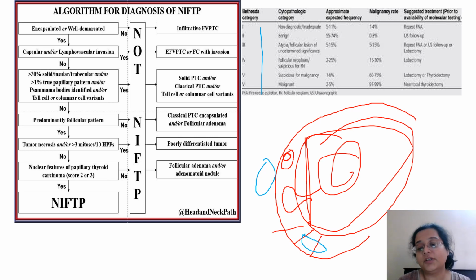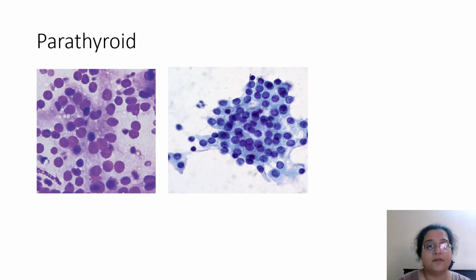So NIFT-P is actually an important histopathological entity where you have to look also for the molecular findings. Finally, in the end, I would like to show you the parathyroid. See, the cells of both thyroid, which I had shown you, and parathyroid are very uniform, like small grains, something like a lymphocyte. But the cytoplasm here has vacuoles and is a little granular and abundant as compared to that of the thyroid. Basically, parathyroid has chief cells and oxyntic cells and fat. A lot of fat is there, so look for fat in the smear if you see.